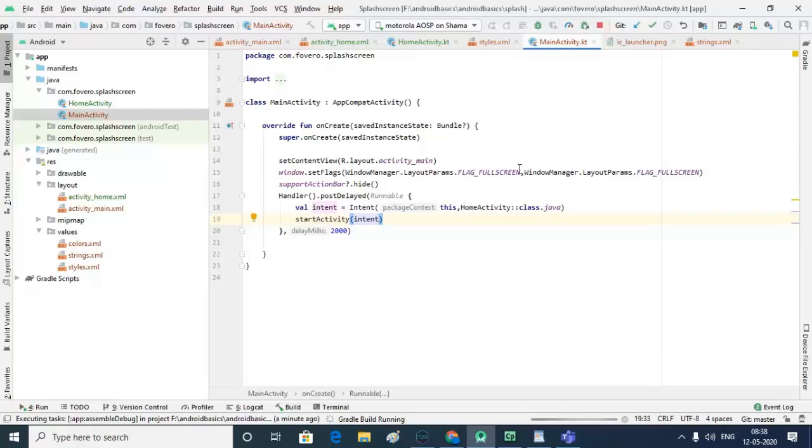Means if he or she is logged in, then they can directly land on the home screen, and if he or she is not logged in, then they need to login first, or maybe they don't have an account with us, then give a chance from login to move to sign up and other options. So we will use a splash screen for those purposes.